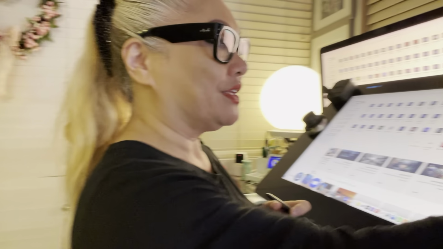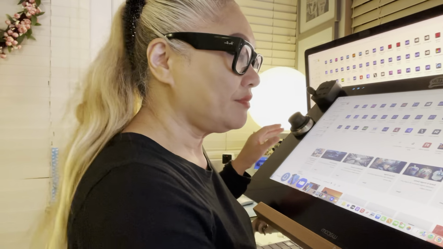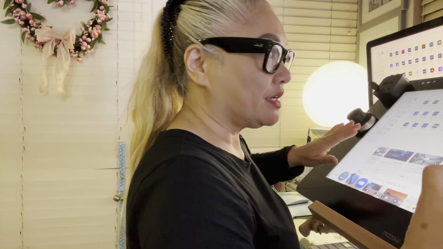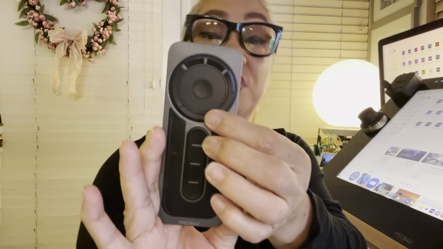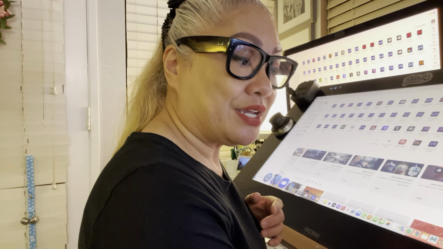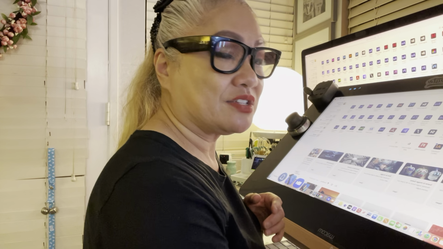It's usually magnetic, so it sticks on here, but since my Wacom tablet is really high, it slides down, so I just keep it on my desk. This also has Cintiq, which is like a 28-inch, and it goes all the way up to 32. It's Wacom, and it's Cintiq, and it has a little remote where you can program all of the shortcuts, just like your keyboard, and it's magnetic, so it goes right wherever it's magnetic, on the left or the right